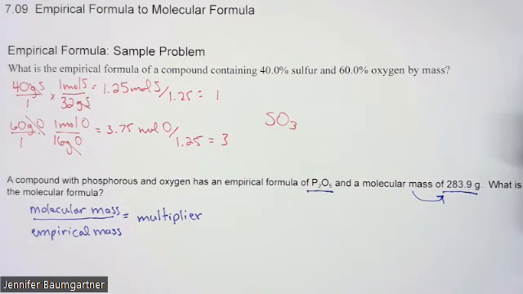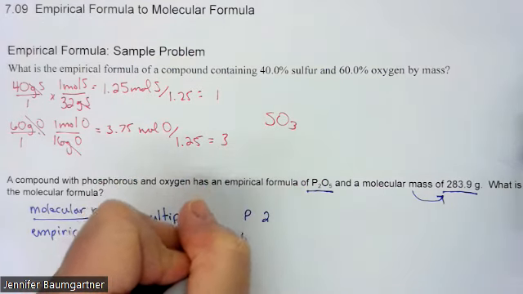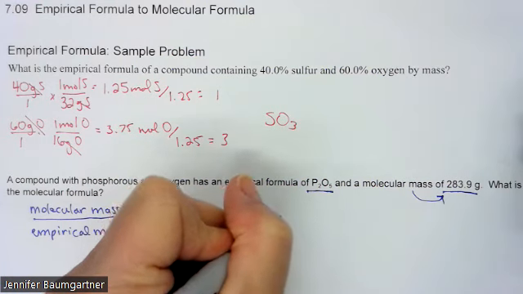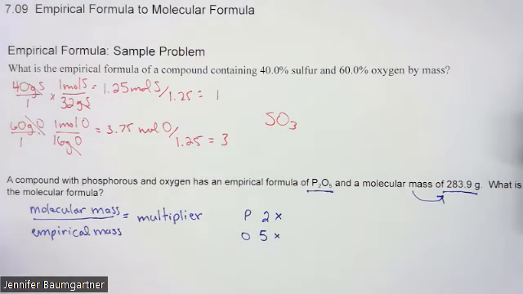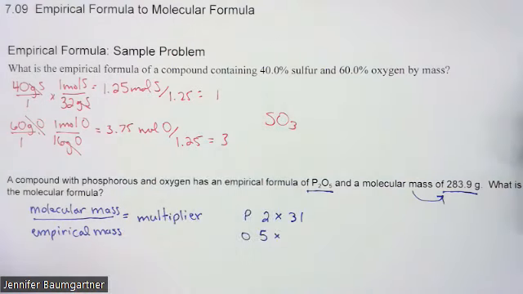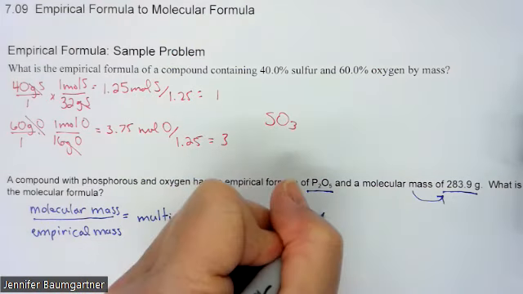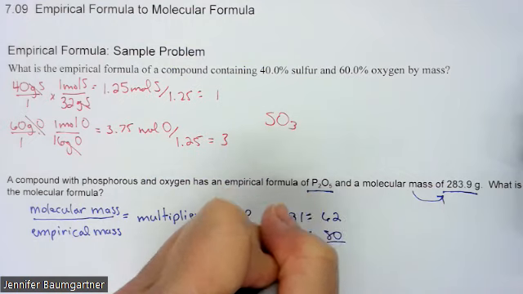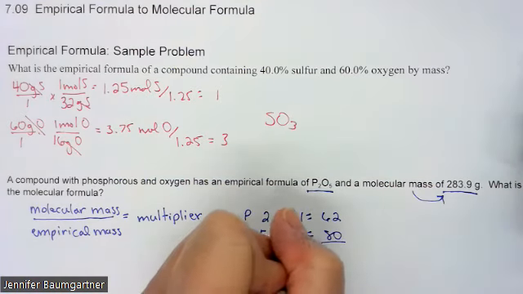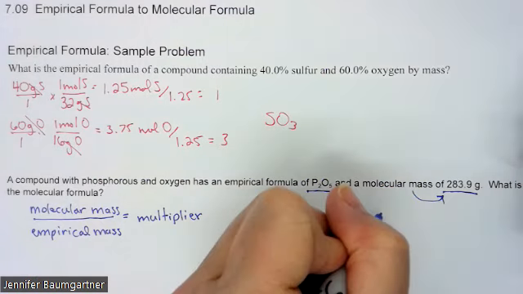diphosphorus pentaoxide. So I've got phosphorus, I've got 2 of those, oxygen I have 5, and I'm going to multiply that by the molar mass. So phosphorus is 31 if I round it, and oxygen is 16. So that's going to give me 62, that's going to give me 80, for a total of 142 grams per mole. So I'm going to take my 283.9,